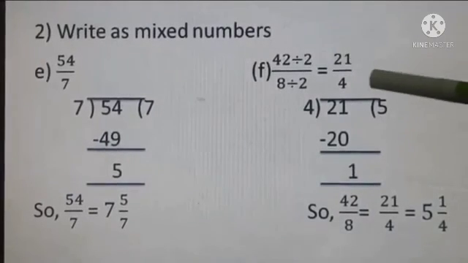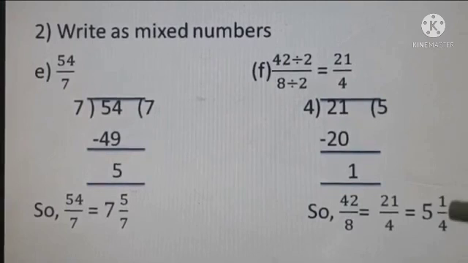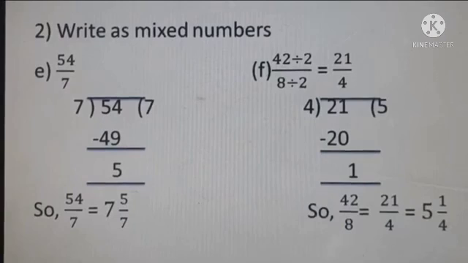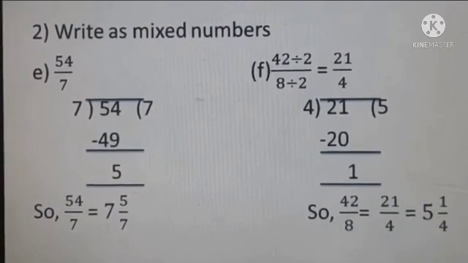If you forgot to do cutting here in the starting, then definitely your answer will be 5 whole 2 upon 8. Then do cutting here: 2 1s are 2, 2 4s are 8. Okay? Then the answer will become 5 whole 1 by 4. These were our homework questions. Tell me one thing, are you revising the tables? Yes? Very good. Always you have to revise at least 1 or 2 tables daily. Okay?